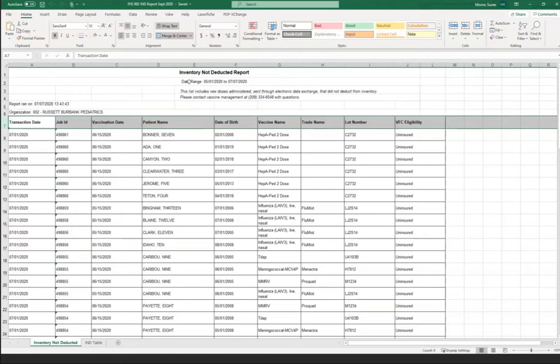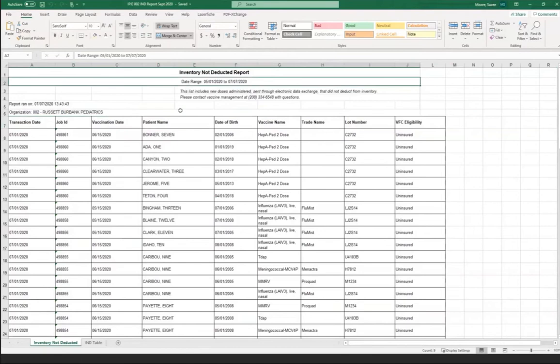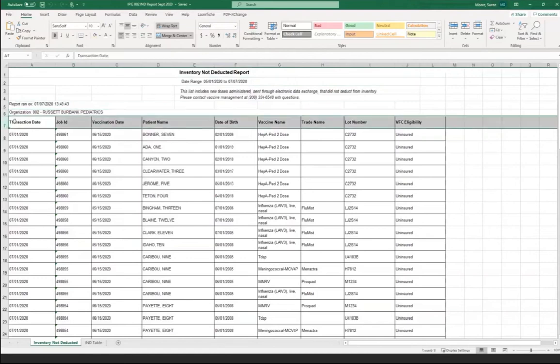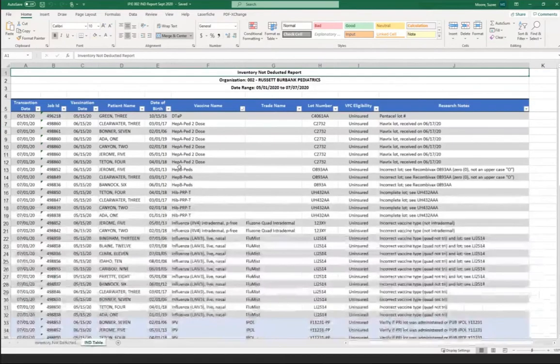So again, it shows the date range that the report captures, when the report was run, your organization, and then more importantly, the same information that was reviewed in the IND module, the transaction date, vaccination date, and so on. And because it's in Excel, you can save the information or manipulate it in a way that makes sense to you. So what I've done is I've copied this worksheet and I put it into a table that makes sense